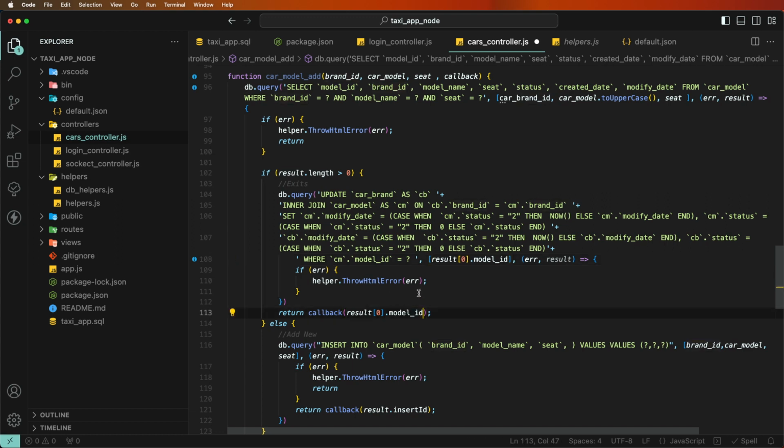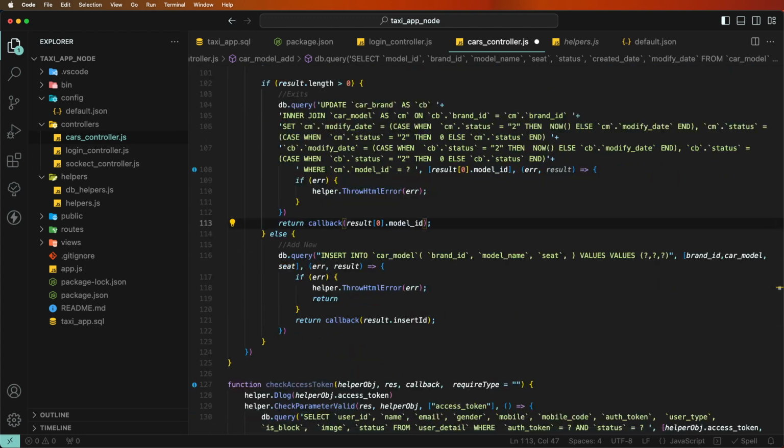Also need to return this model id here like this calls or the car model setting functions need to call